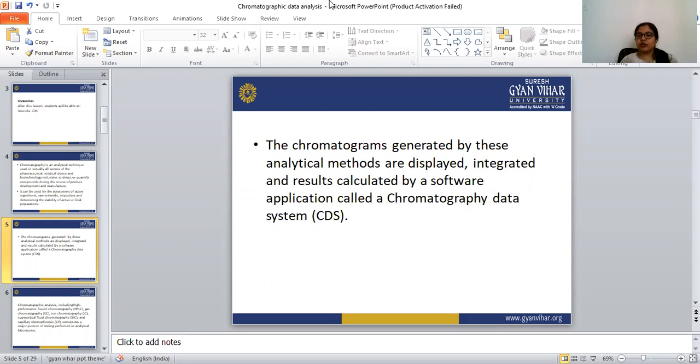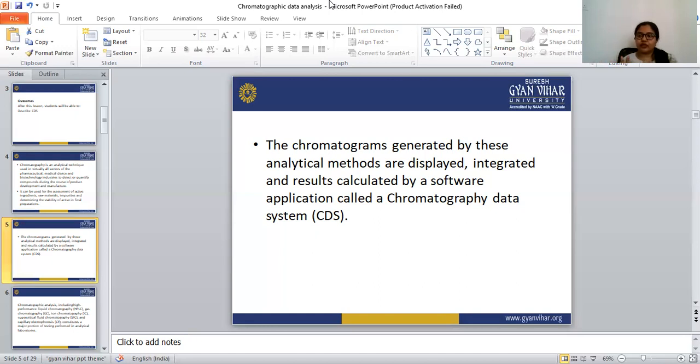So this chromatographic data system is a software. With the help of this chromatographic data system, the chromatogram is displayed, integrated, and the results are calculated.